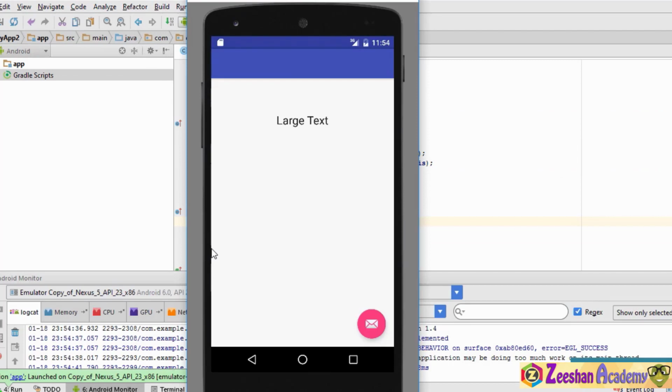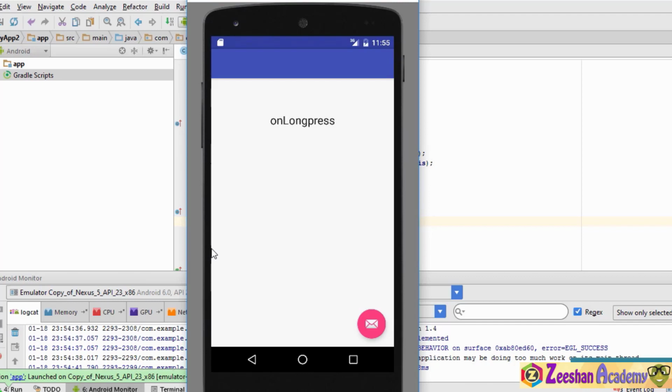So as you could see, our application is up and running on the emulator. It is displaying the text as large text, and when I click on it, it is going to show single tap confirmed. When I scroll it, it is going to display on scroll, and even if I scroll down, it is going to display on scroll. And let's say when we fling it, it is going to display on fling. So what I am doing is simply dragging it and pushing it right above, so it is displaying on fling. And when I click it and hold it, it is going to display on long press. So basically we are successful in creating our gesture application.